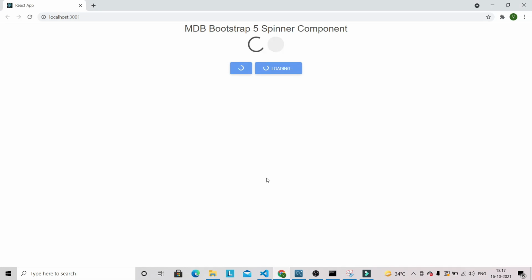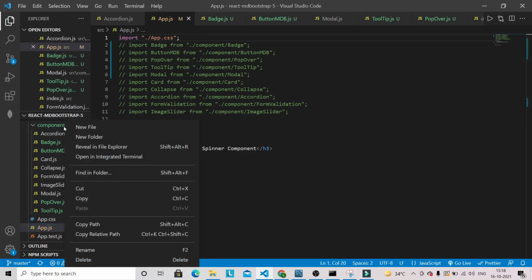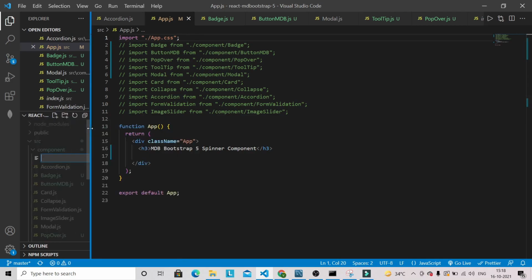So now it's time to see how we can implement this spinner component with the help of Material Design Bootstrap. So let's jump into Visual Studio Code. I'm going to create a file here under this component folder. The file name will be spinner.js.